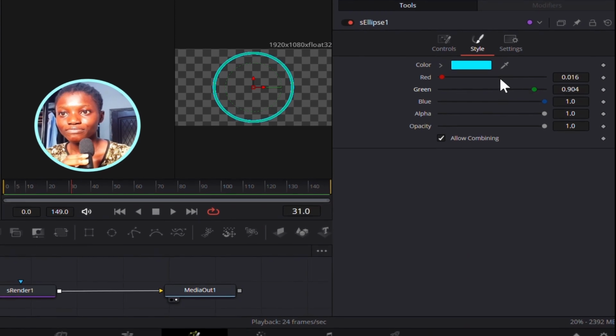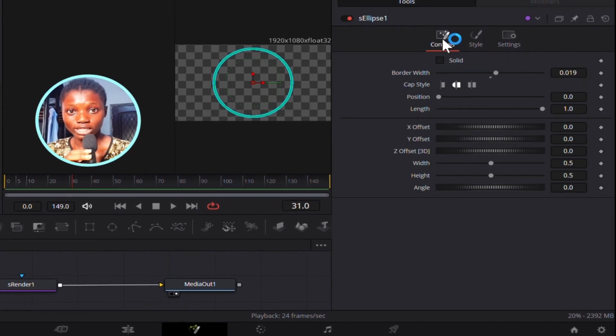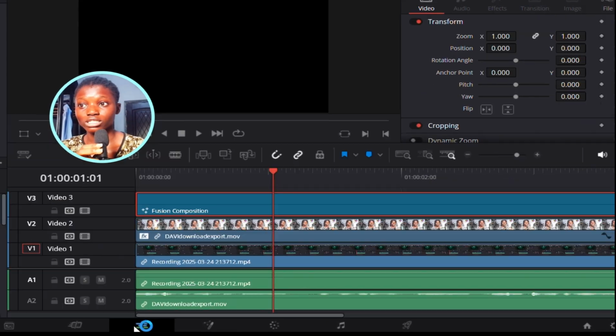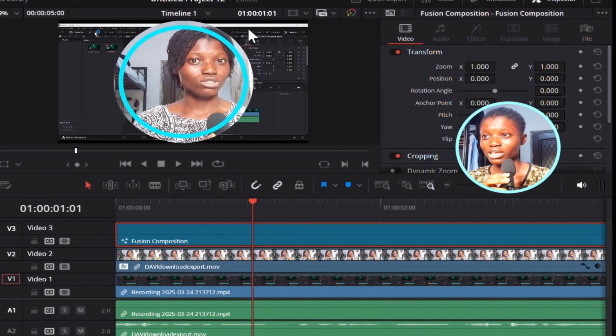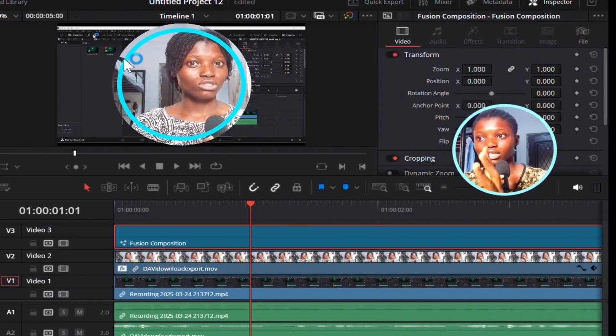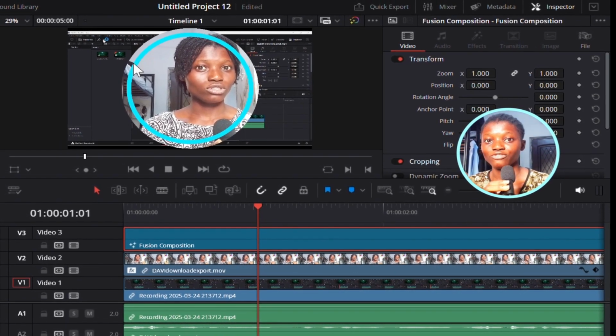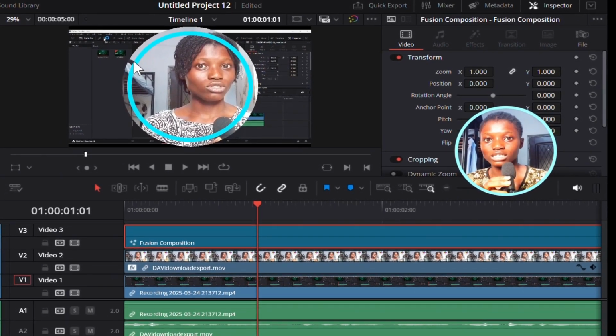Now we are done with this. You go back to our edit page. Now going back to our edit page, you see there's a problem here, right? You see the outline is rather inside, and then the circled video is, I mean, it's a bit bigger,